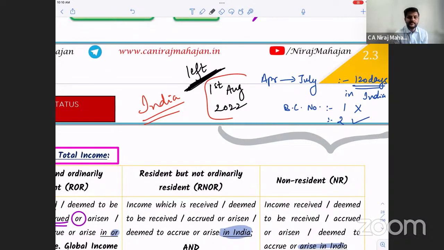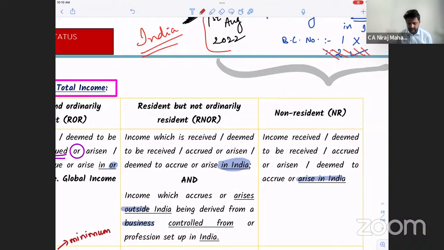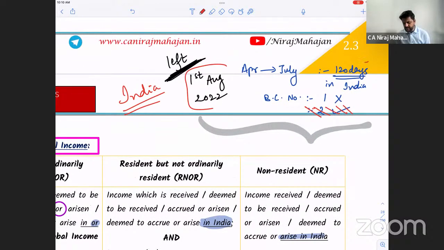Because now, whatever he earns after 1st August outside India, now understand, basic condition number 2 will be completely gone or no? Completely gone. They're saying replace 60 with 182. Easy for 182 days in India? No. So basic condition number 1 is also not satisfied. Immediately he becomes NR, and for NR we don't tax foreign income. That is the intention over here. Understood or no? This you have to understand, the intention you have to understand properly.